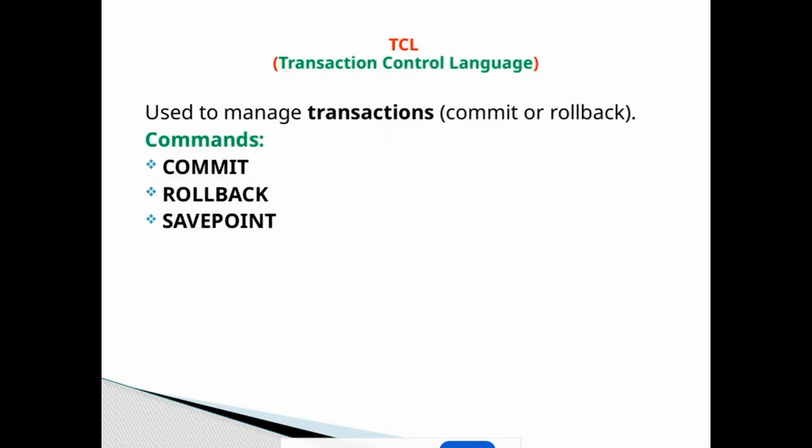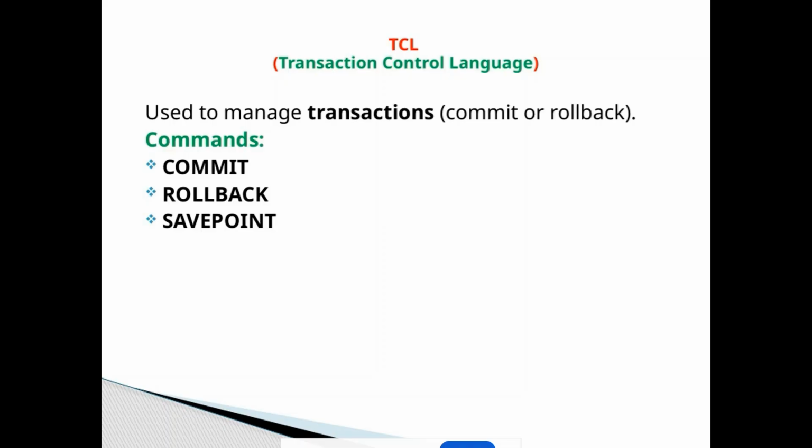Now, let's talk about TCL, or Transaction Control Language, which plays a crucial role in managing database transactions. Essentially, TCL commands help us control the flow of a transaction, allowing us to either commit our changes or undo them if necessary. The main commands here are commit, rollback, and savepoint. When we use commit, we're telling the database that we're satisfied with the current changes, and they should be permanently saved. On the other hand, rollback allows us to undo any changes made during the transaction, restoring the database to